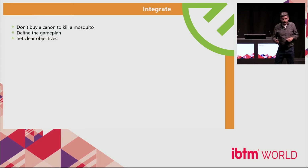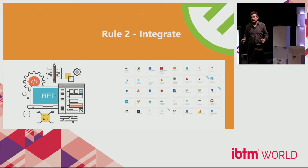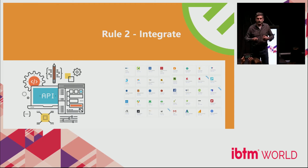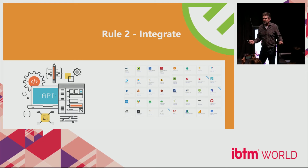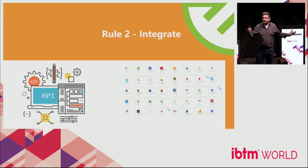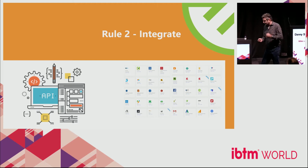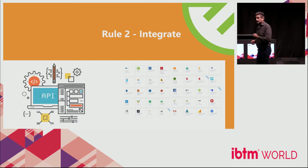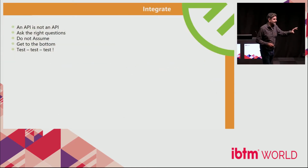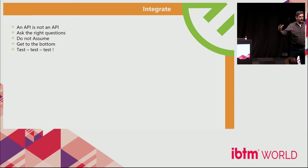That's one basic rule. The second one is integrate. Any event tool or any app out there that does not talk to the rest of the data stack is basically worthless, because you're going to end up with multiple sources of information which are uncombinable afterwards. So make sure that you have one single source of truth for your data. It can be the registration platform, it can be your marketing platform, but make sure that the data integrates and flows from one